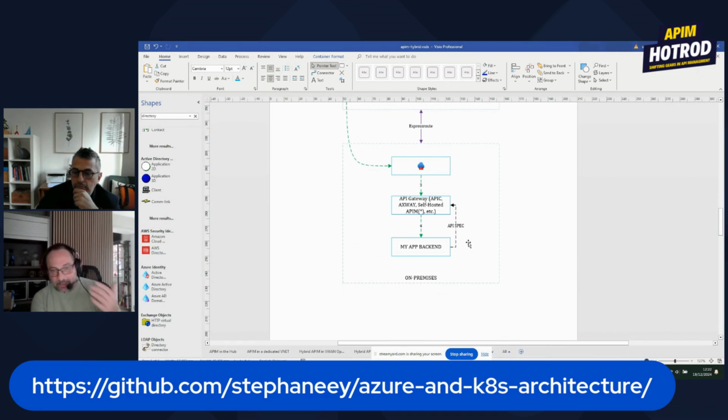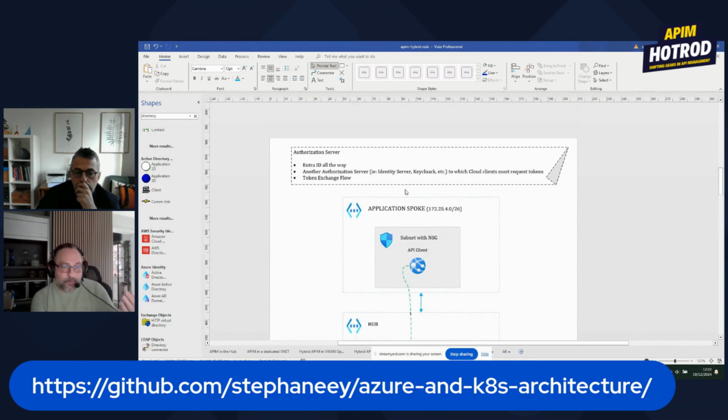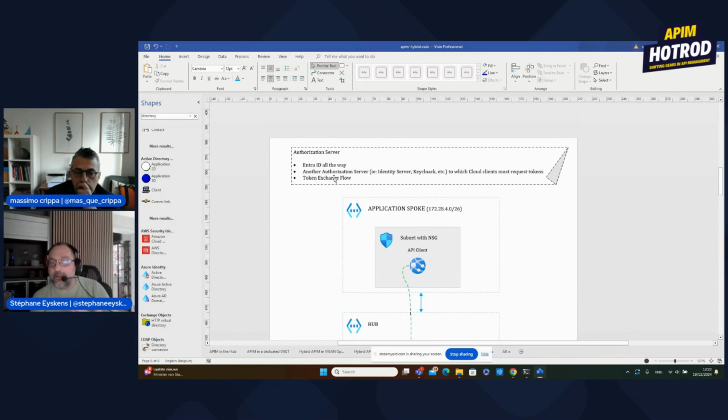And so here again, the challenge will still be about authorization, like in the first scenario. How do you make sure that you can authorize? Again, you can do Entra ID all the way. It's unlikely in this case because if you have an existing API gateway, they probably already have their custom authorization server, like maybe they use IdentityServer, Keycloak, you name it. And then cloud clients could request tokens from these,